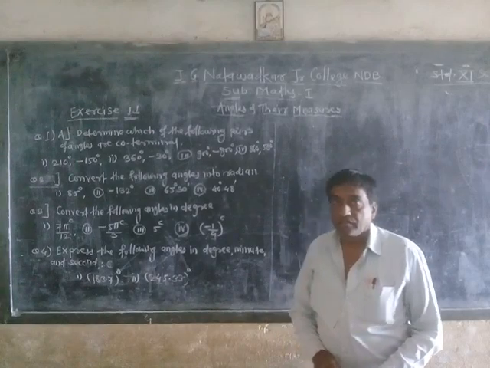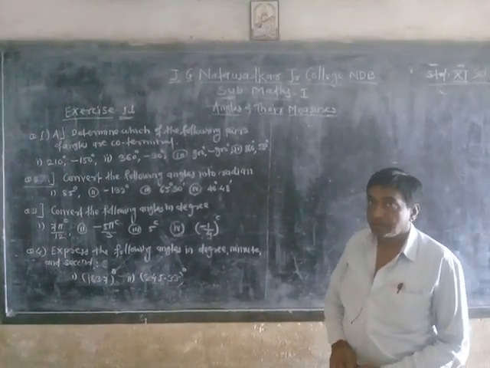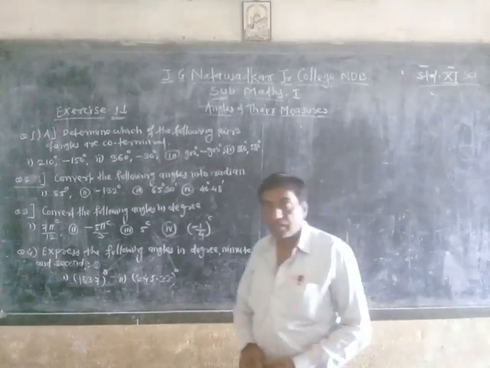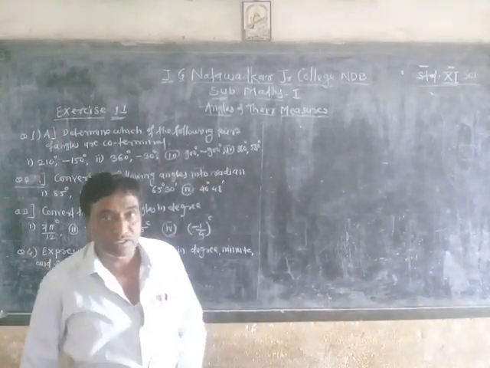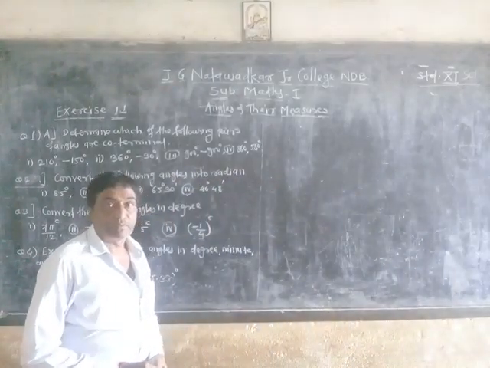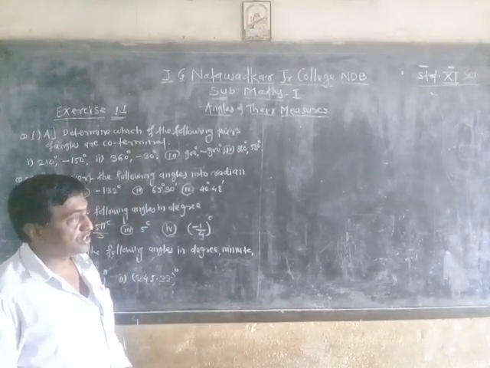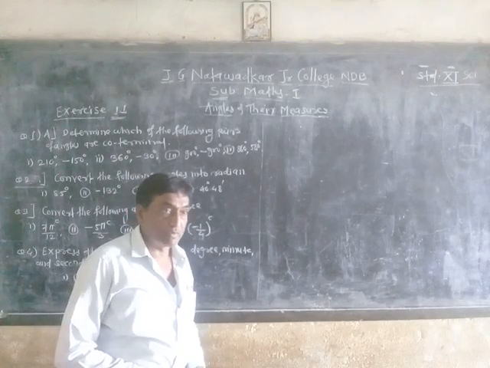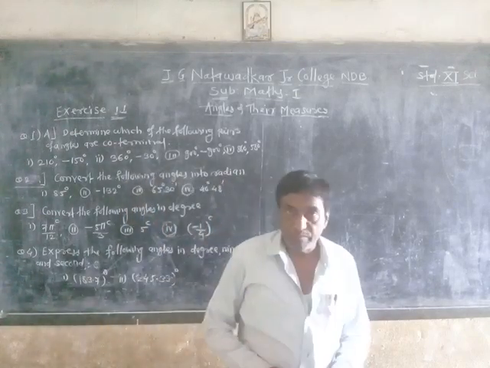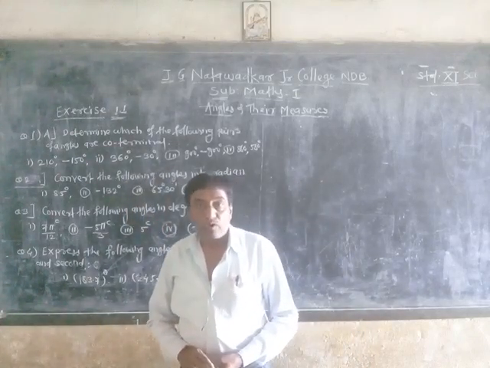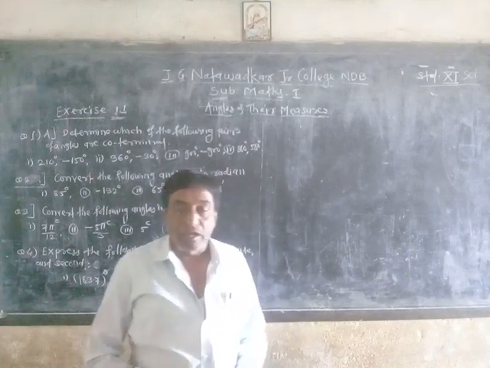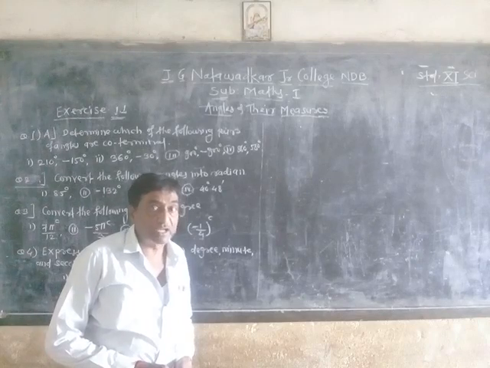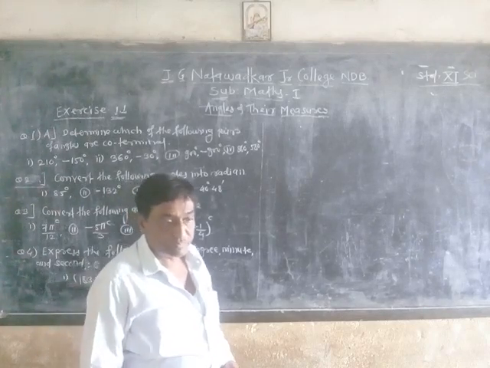In the last video, we saw the mathematics Part 1, Chapter 1, that is Angles and Their Measures. In this chapter, we already learned in the previous two videos what is meant by directed angle, types of directed angle, and coterminal angles. And in the previous video we studied the theorem, that is